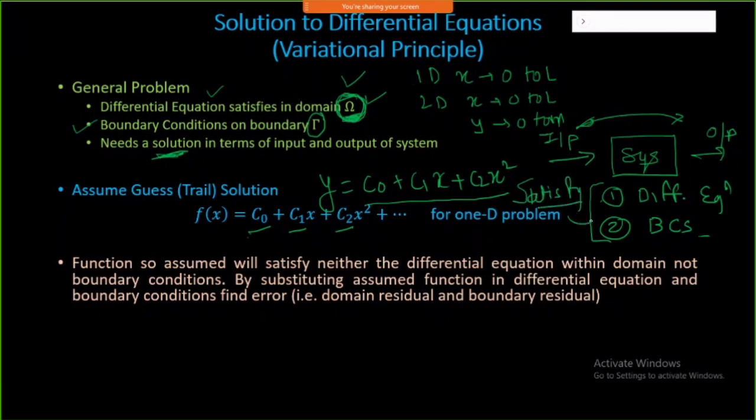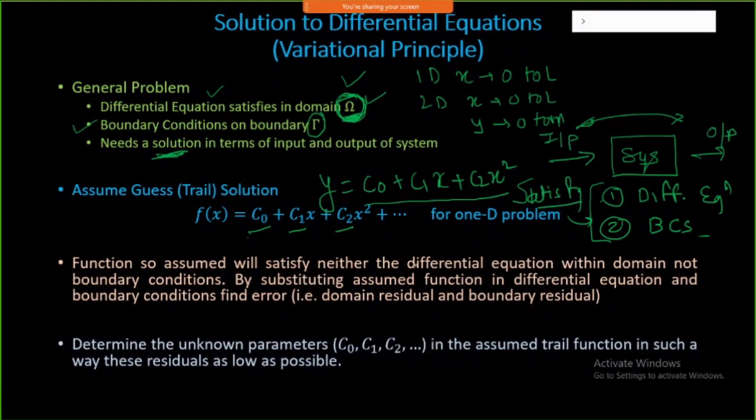So this should satisfy this differential equation and boundary conditions. So the function is to use this differential equation. Both the things should satisfy, and then determine these unknowns, that is C0, C1, C2, and now again substitute back into this original assumed function, and that is nothing but telling you the solution of it.